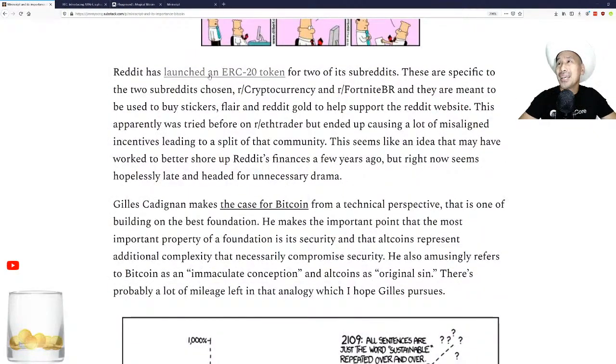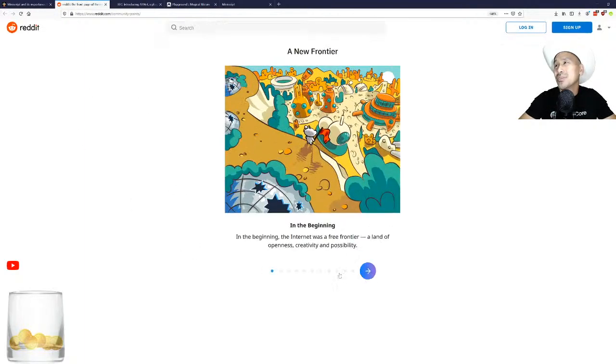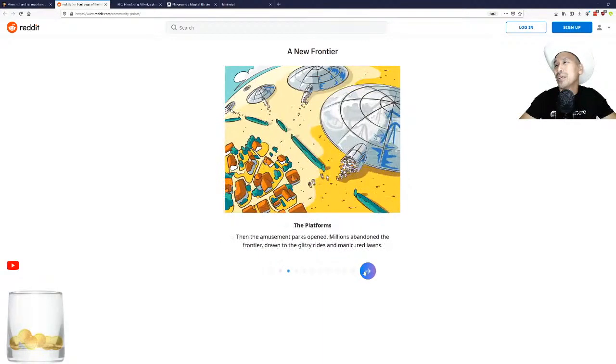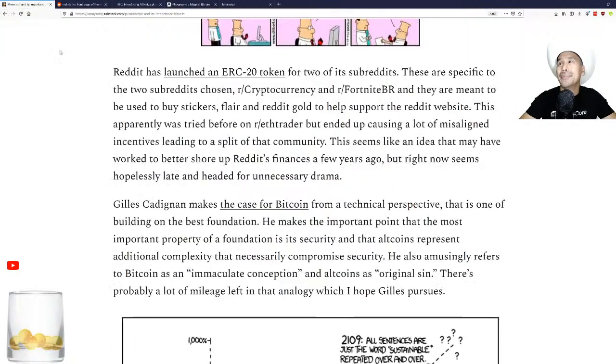All right, Reddit has launched an ERC20 token. These are sort of community points, and you can see they explain what it is in this very cartoony, simplistic way. Essentially, it looks like some sort of a money grab, and I think this spells a very bad turn for Reddit. They are having a horrible time monetizing the traffic that they're getting. They're like the number 7 website in the world, and yet they can't make money, which is kind of strange. Which is why they're going towards the altcoin route,